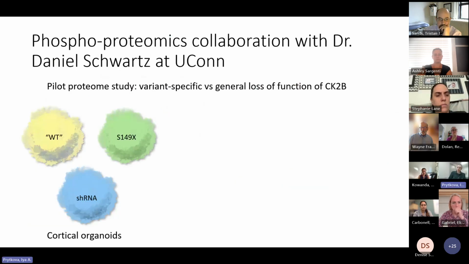Another exciting direction for this project that is underway is a collaboration with Dr. Daniel Schwartz at the University of Connecticut, where we are going to be looking at the phosphoproteome. So we can actually see which targets are affected by different modes of CK2B. And as Tristan explained in his introduction,